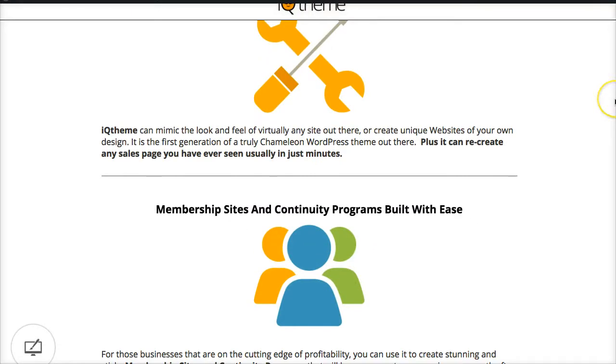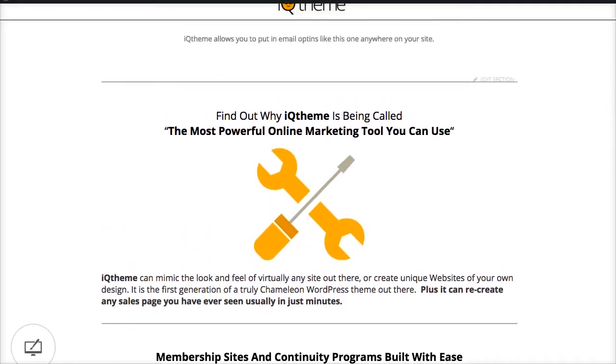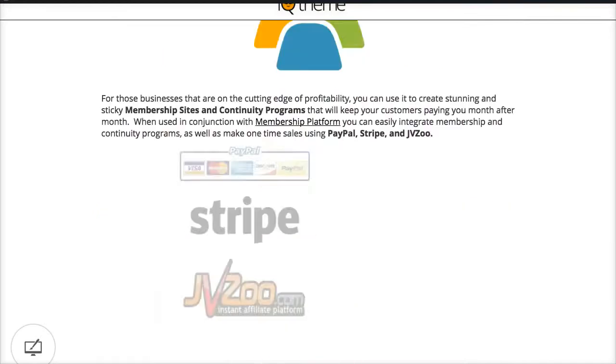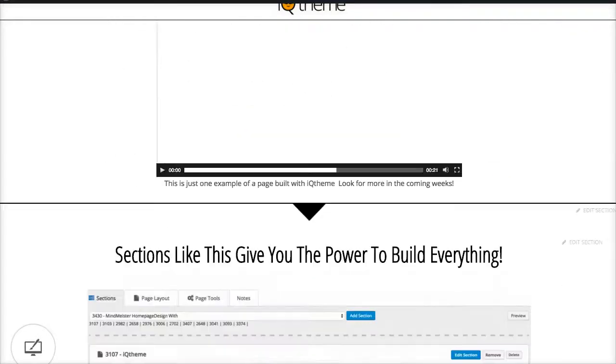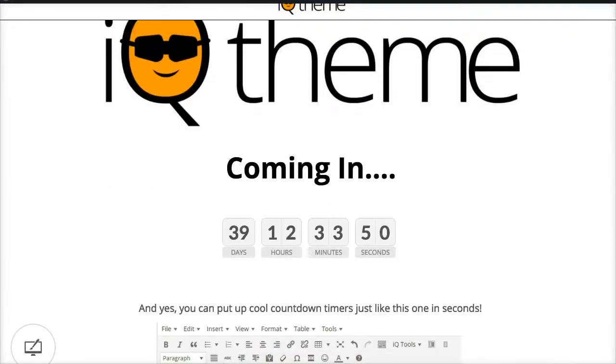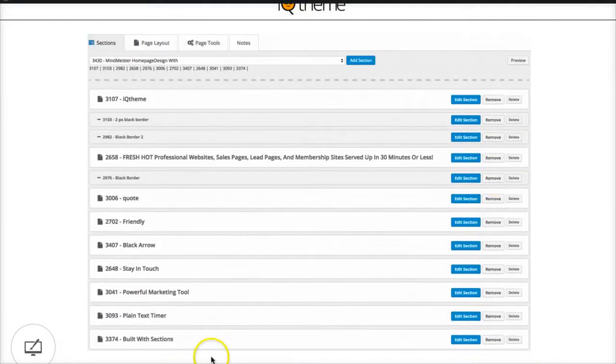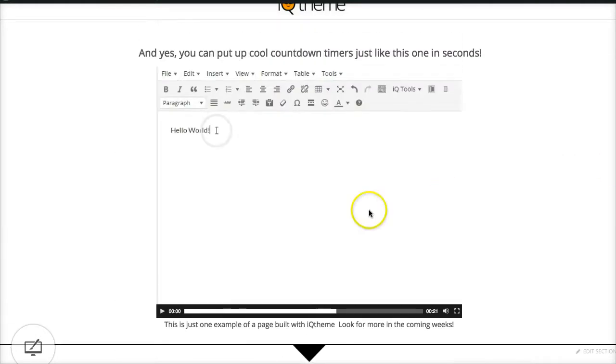This whole thing is based and predicated on sections, because we found that sections are the easiest way to put these things together. And you can put a countdown timer in there. And let's see, here's what a set of the sections look like. You can move these around, and I'll show you how easy it is to do with that. Let's show you how easy it is to put a countdown timer in here. And then we'll go in and actually